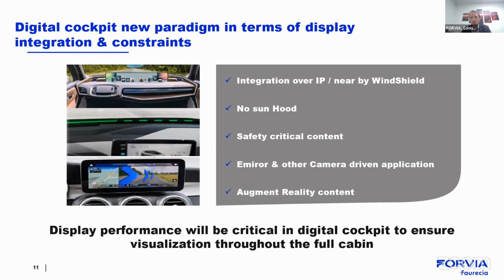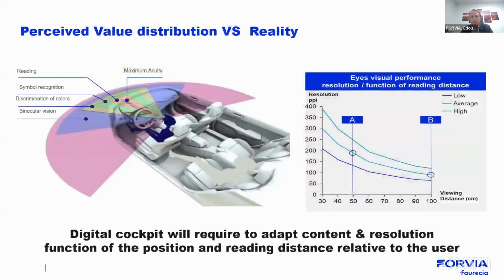So that's all together create some kind of new types of integrations and constraints, right? What we can see also as an opportunity is, of course, if we put the screens over the IP, because it's very large, then maybe there is opportunity to play with the resolution, okay? And it's very good to have this discretionary approach of the micro LED, for instance, in order to adapt the density of pixels to the position relative to the user or to the driver, for instance, to drive the cost